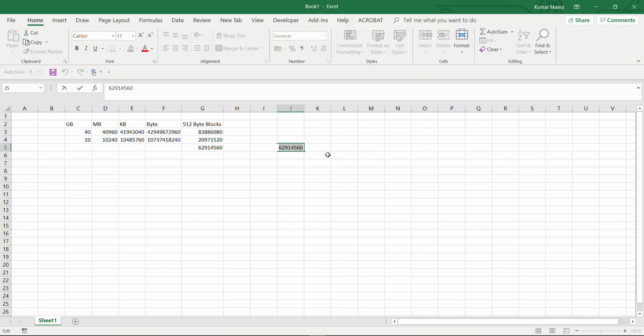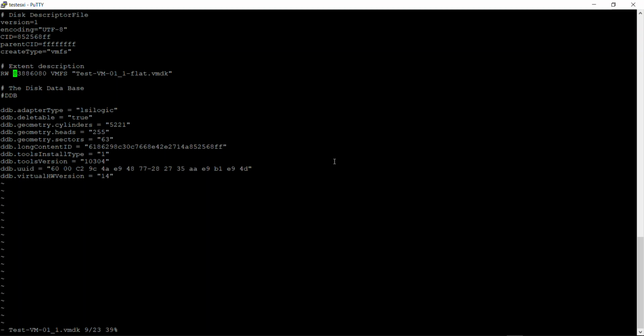We will just copy this value as text, remove the old blocks, and paste the value here.